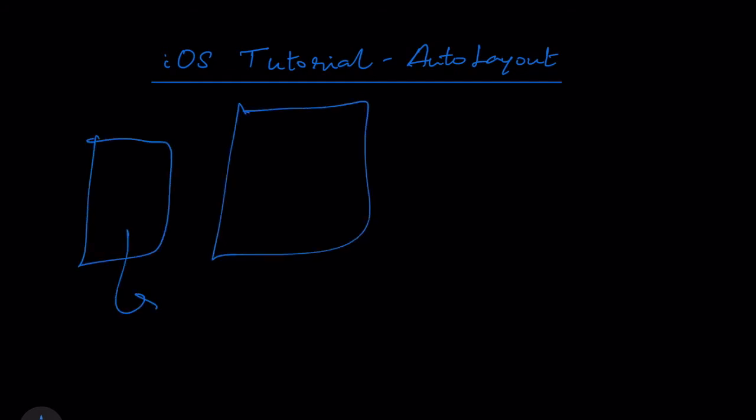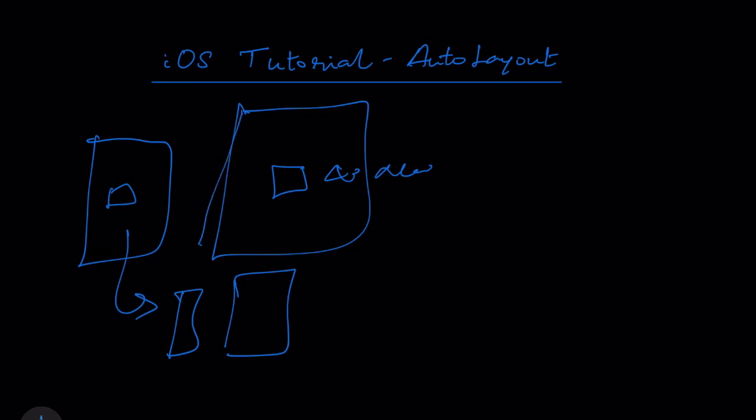aim of this. Because in iOS we have iPhone and we have iPad. In iPhone itself we have different sizes of devices, right? So you just can't go ahead and say that you need a button with a size of 40 cross 40, something like that, because it might look good on a smaller device, but when you run your application on bigger devices, that button will look so small, right? So these are all the elements we will be covering, or we will try to understand how things work in